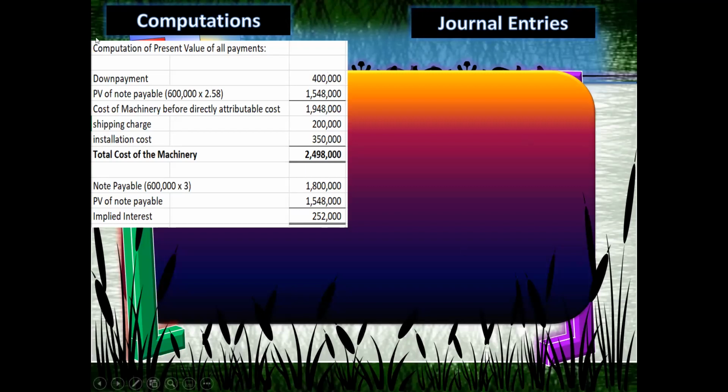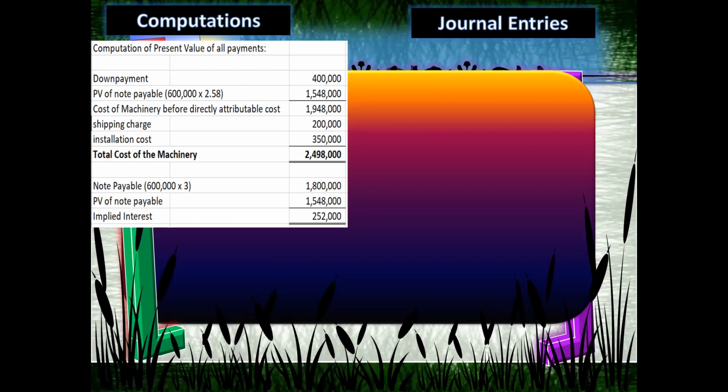Kasi sabi, magbabayad tayo ng 600,000 every year. No? Uniform yun, 600,000 every year. So binigyan na tayo ng present value factor na 2.58. So you have 1,548,000. So the cost of the equipment before directly attributable cost na is